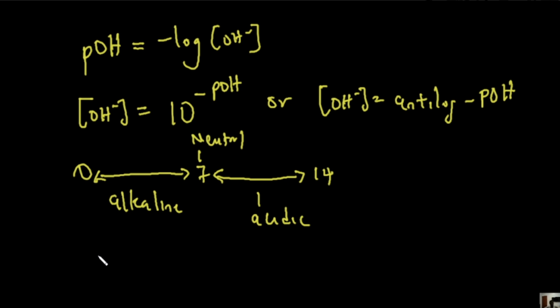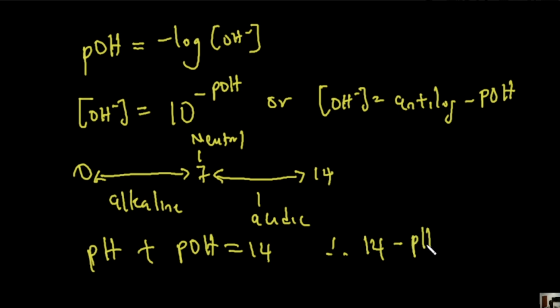And then finally, how do I relate pH to pOH? pH plus pOH is equals 14. So therefore, 14 minus pH would give me pOH. On the other hand, if I'm looking for my pH, it will be equals 14 minus pOH. With this, we have come to the end of this